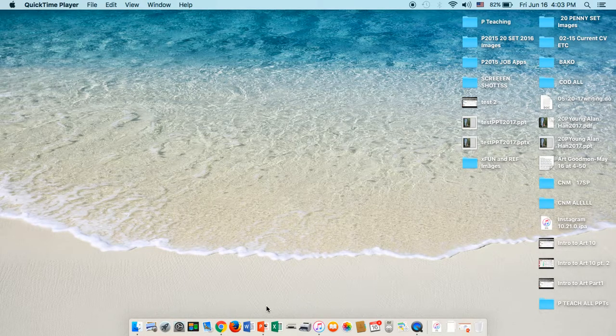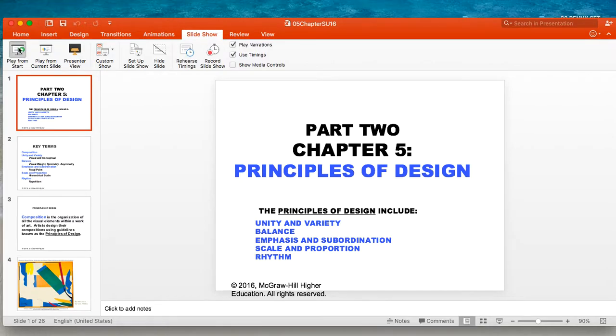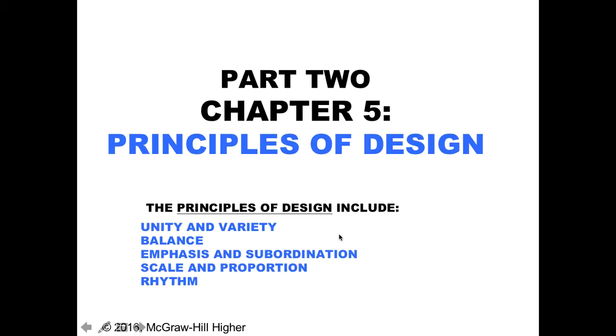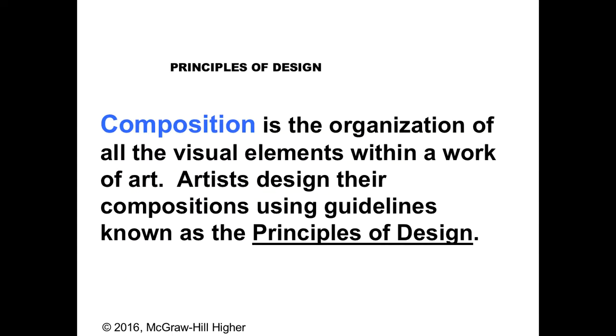We are in part 2 of our book, Living with Art, Chapter 5, Principles of Design. The principles of design, you can see here, include 5 topics, basically. Start our slideshow: unity and variety, balance, emphasis and subordination, scale and proportion, and rhythm. What they're talking about is what's happening within the composition, and I'm going to give you the definition of composition